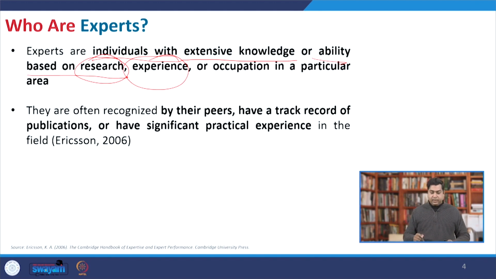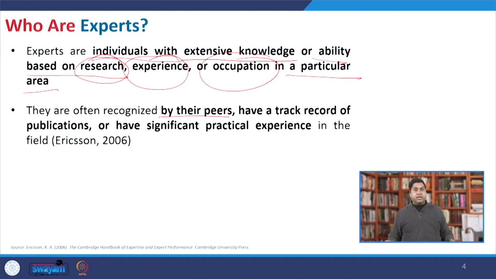So, that is there, or maybe it is something like the occupation, sharing the experience and the years of working experience of that particular person in that company. So, this is something you need to identify. They are often recognized by their peers, like definitely when we talk about the researchers. If you find that a particular paper that you are referring to has one or two authors being cited